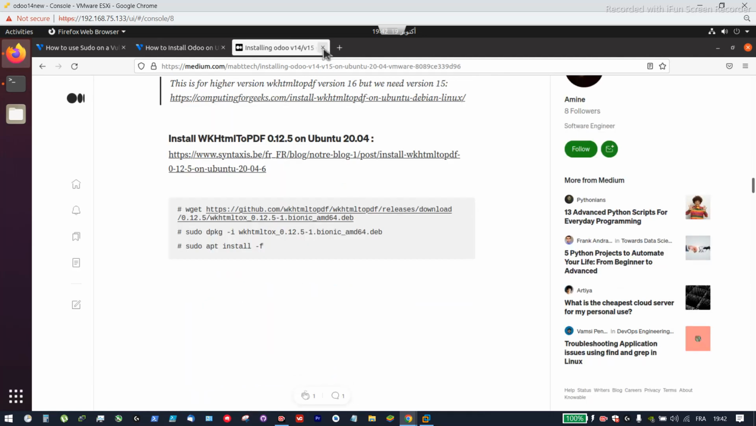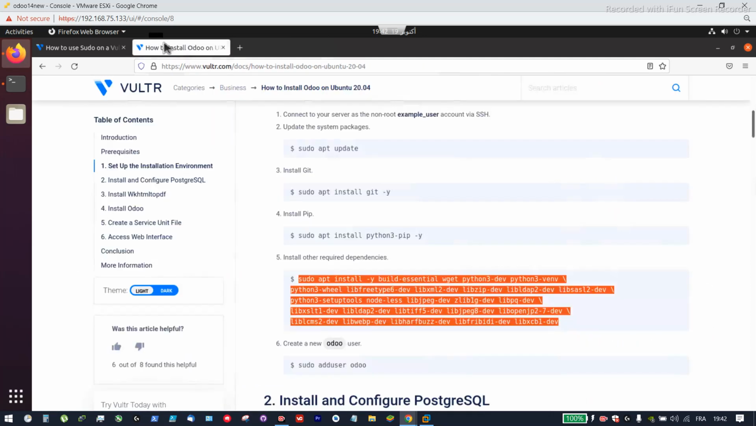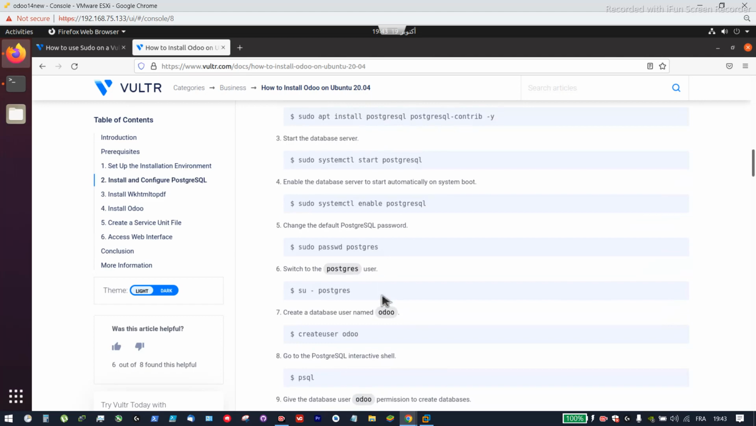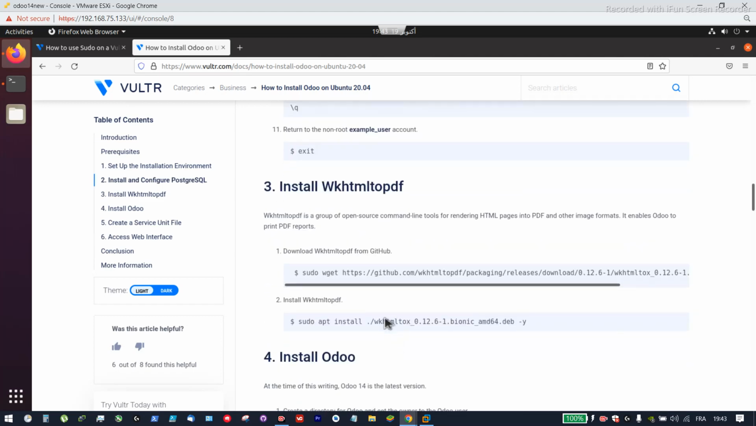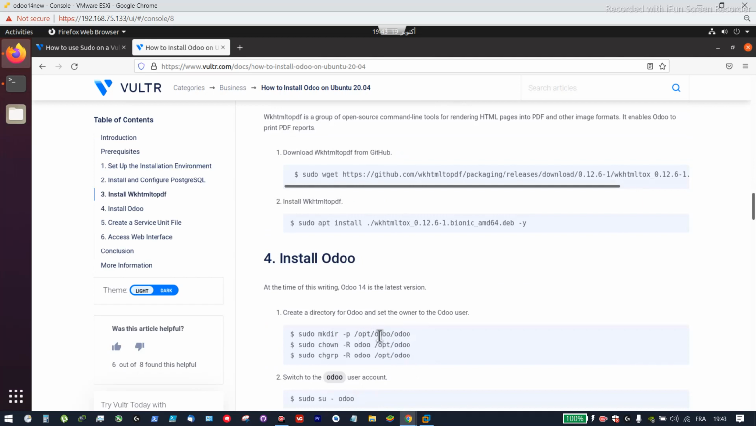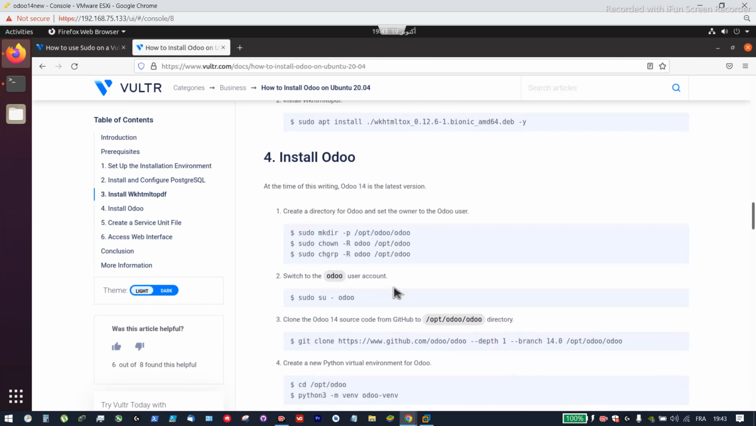But we're gonna do another installation. We're gonna try the Volter installation because my installation is on root slash Odoo dev slash Odoo, and this one is on opt Odoo slash Odoo. So there is a little bit of difference in the directory. You can just change it, but we're gonna try this installation